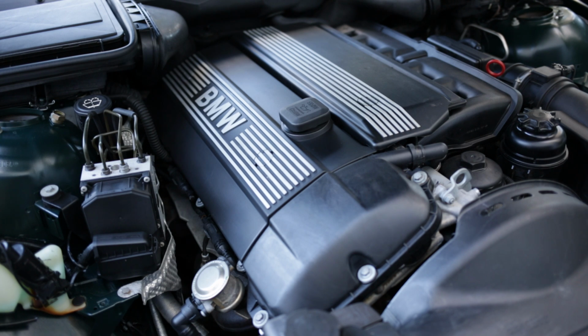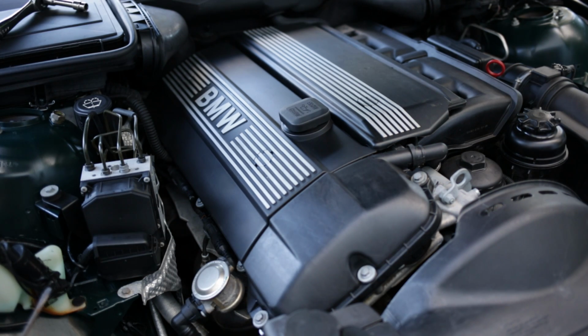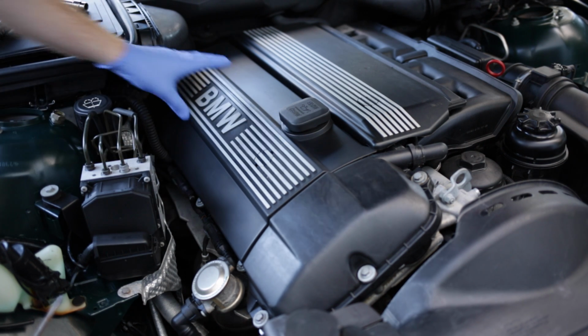Today we're going to be changing the spark plugs on a 2001 530i. You can also use this video to help you change the coil packs on this car. So let's get started. The first thing you want to do is remove this plastic cover, and to do that